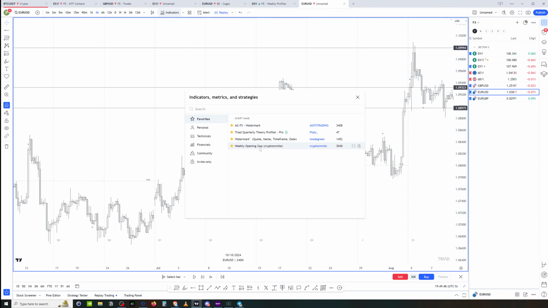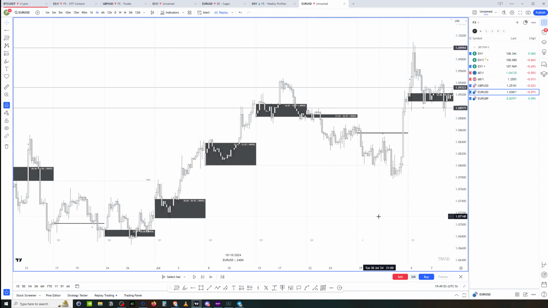If I turn on the opening gap, all right,